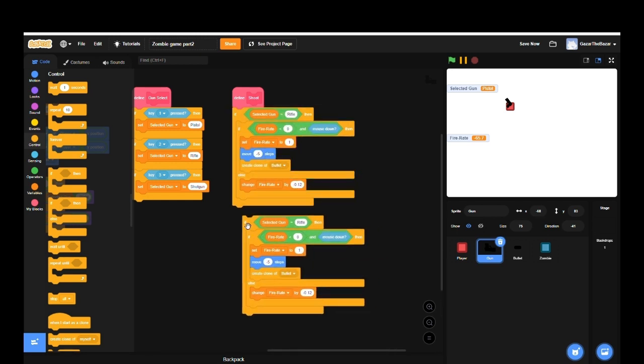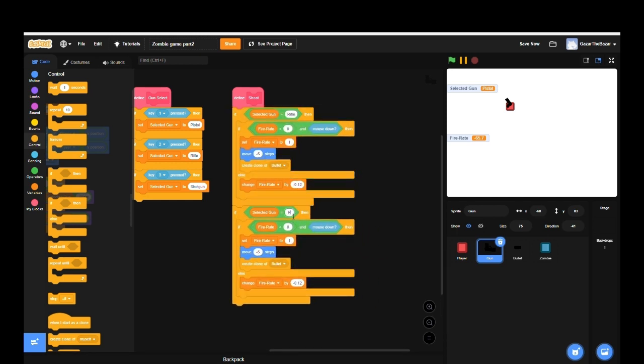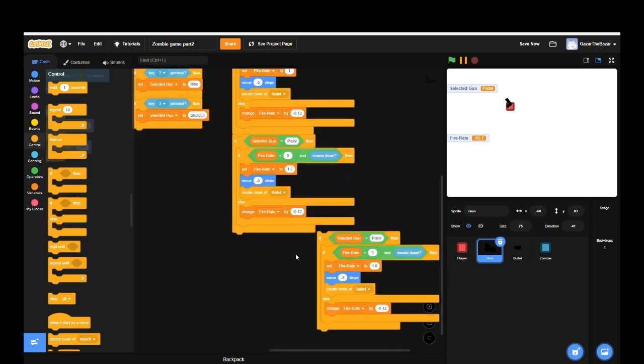So I have a rifle, pistol, putting the fire rate back on the pistol to 1.5, or actually 1.6. And for the shotgun,